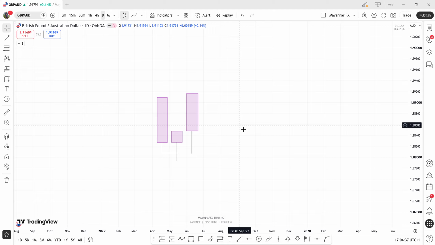Another thing is the second confirmation: the confirmation close back inside. Now we have to wait for this manipulation candle to close. It is a must. If the manipulation candle closes and it has already tapped into your model 1 entry and has